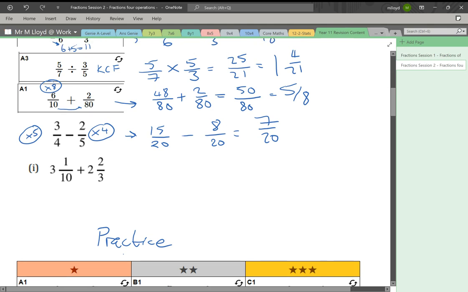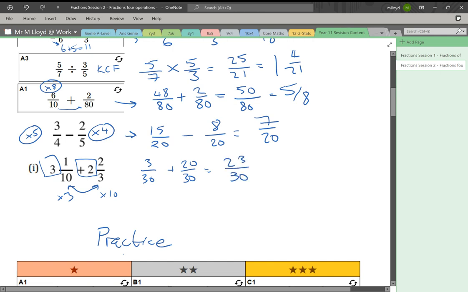In order to do these, we again still need to make these denominators the same, but for this and this, we can kind of ignore it to begin with. So I'm going to multiply this one by 10 and this one by 3. So we get, and I'll add these two together and I'll sort out the other bit in a minute. So we'll have 3/30 plus 20/30. When we add them together, we get